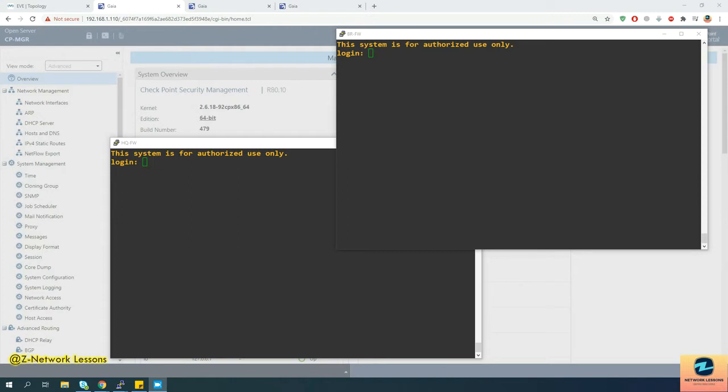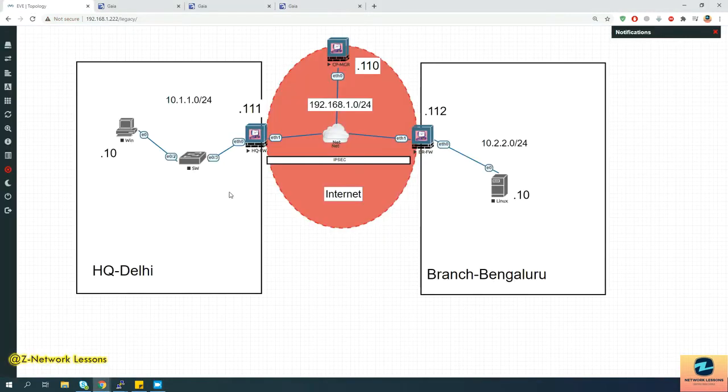This is Zubair Altaf Qureshi and I'm back with a new video, and in this video we'll be going through the implementation of the IPSec site-to-site VPN on the Checkpoint firewalls. So this is the topology that I'm going to use, and I'm creating this lab on EVE-NG, and you can do this lab on